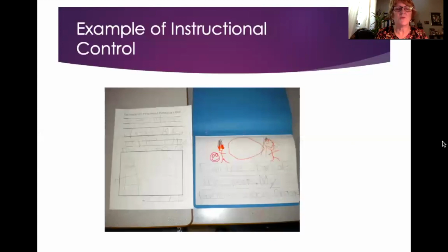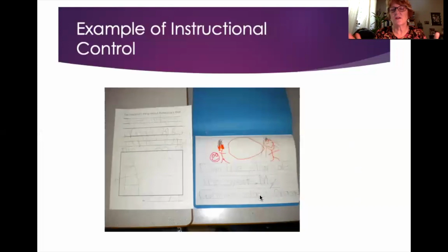So what we have here is, this is where there was an ABA support worker, someone really good at ABA, working with the child, but then the behavior consultant came in, and the ABA support worker and the behavior consultant had to go off and talk. So meanwhile, an EA came to sit with the child, and the teacher wanted them to write something and then draw a picture. So this child wrote this down, drew this picture. Then the ABA support worker came back and said, oh, he can do way better than that. This is just not up to his full potential. So she had him redo it. And this is what he did under her.